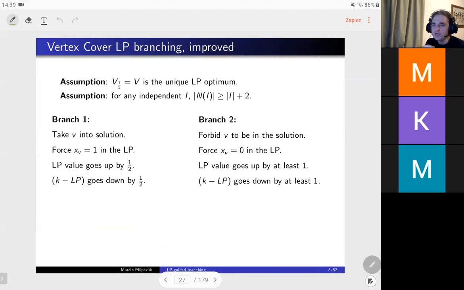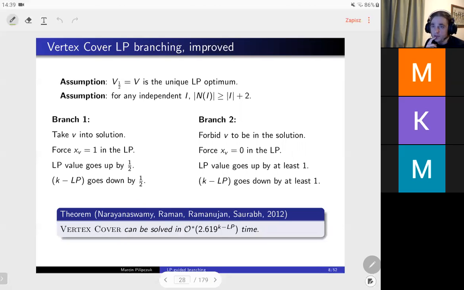In the branching on the left side, when we take a vertex into the solution, we cannot do anything. We just take this vertex, delete it, and the gap between K and LP goes down by half. But in the other branch, every independent set has a neighborhood at least twice larger, so it cannot happen that the LP goes down only by half. It goes down by at least 1, because the granularity of the LP value is halves, so it needs to go by 1. So we have a better branching: either decrease by half or decrease by 1. And that means